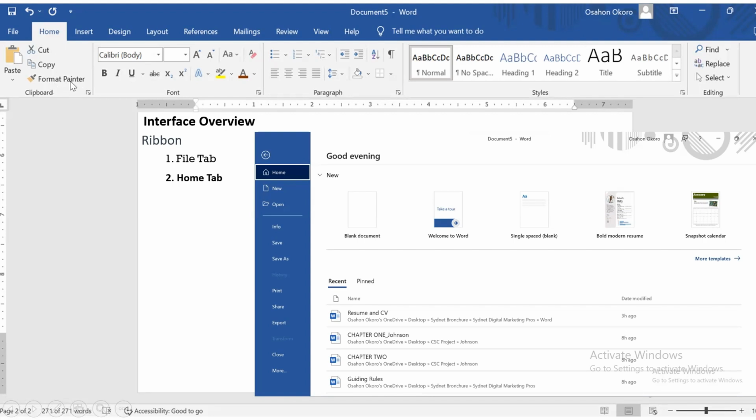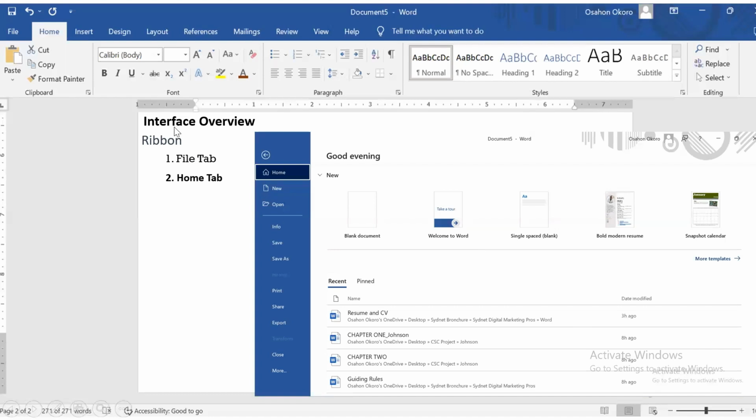This is a very powerful tool used in Word that most people don't know about, but if you know how to use it, it is very easy, because you also have it in Excel and in PowerPoint. The basic function of this tool is just to copy the font of a particular text.